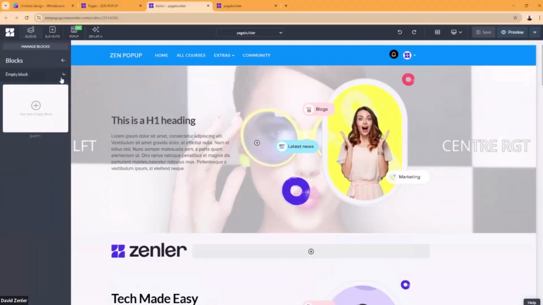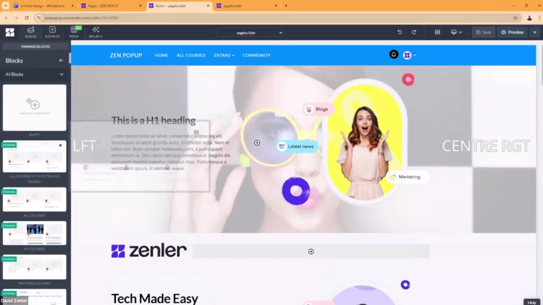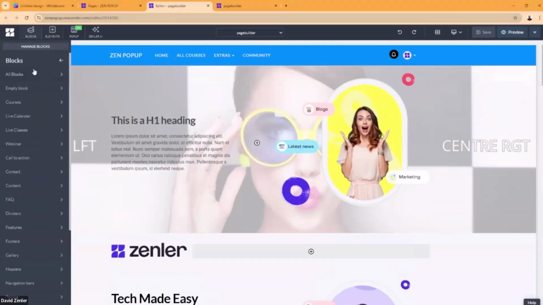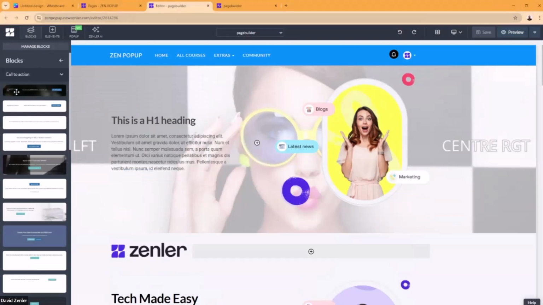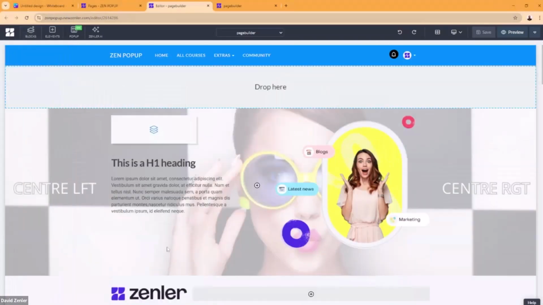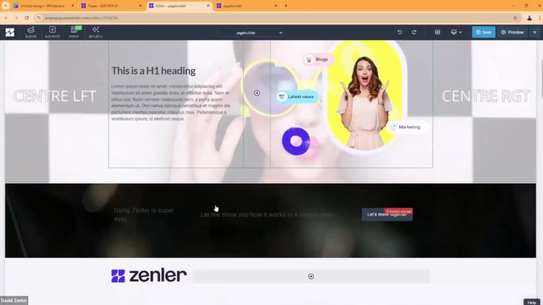So if I open blocks up here, you're going to notice that if you close the block, so if you open it like this, guys, right, you're going to see stuff, but you close the block up like this. So blocks on this left hand side, you have a lot of different blocks that we can use. So if I go for something like call to action, I can take this block, say this block here, I can drag it. Again, it's drag and drop, isn't it? So we can drop it in there now, and it'll appear in here.